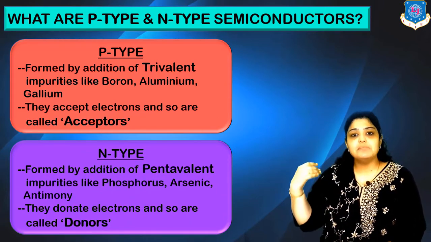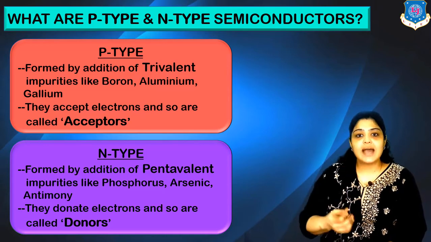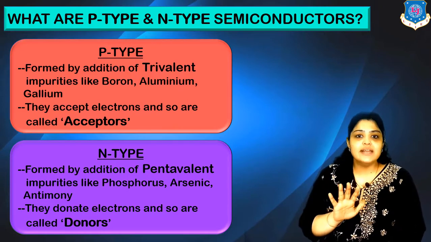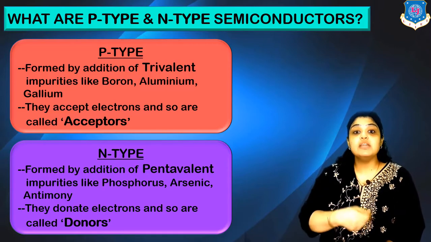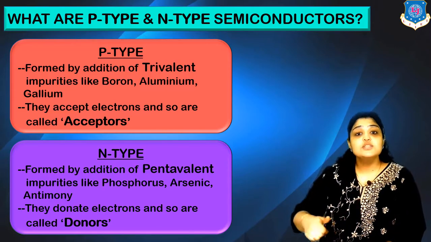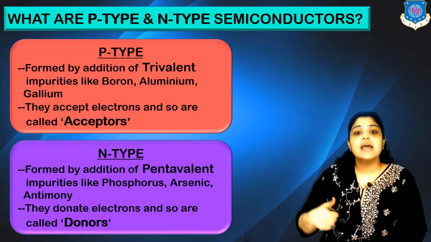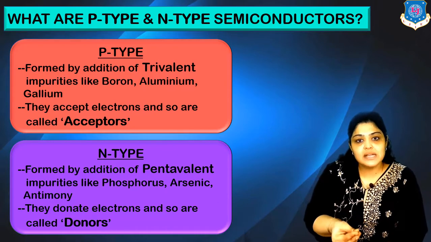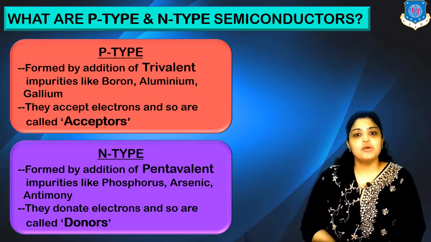What are the examples of pentavalent impurities? You have phosphorus, you have arsenic, antimony. Now the word penta means they already have 5 electrons. So what will they do? They will donate 1 free electron to the semiconductor. So in this case, we will have electrons as majority carriers, and such impurities which will give their electron to the semiconductor in which they are added, they are known as the donors or the donor impurities.